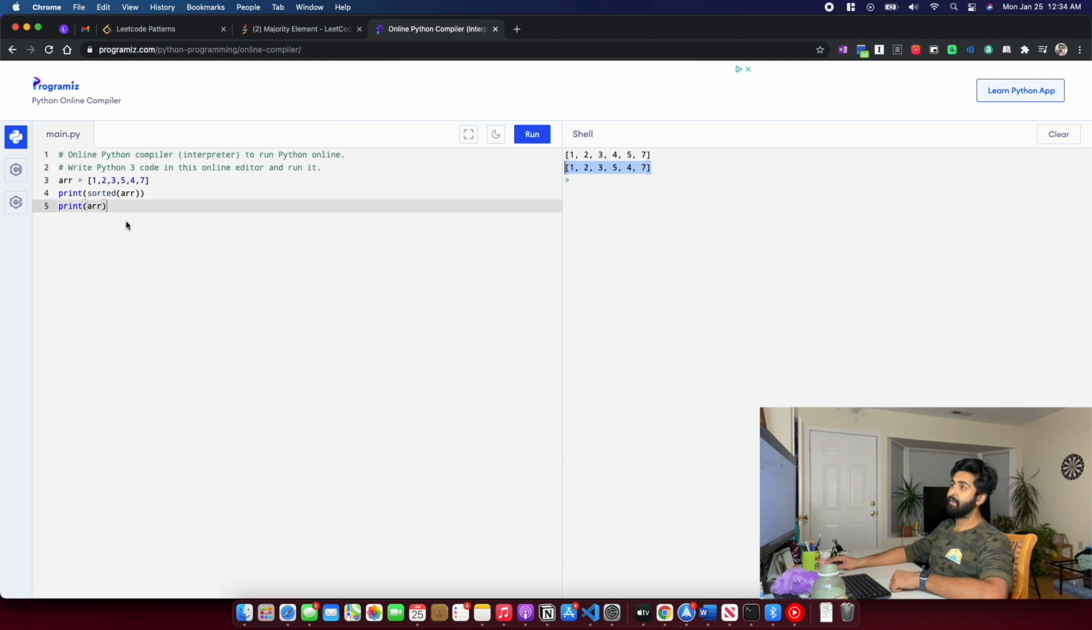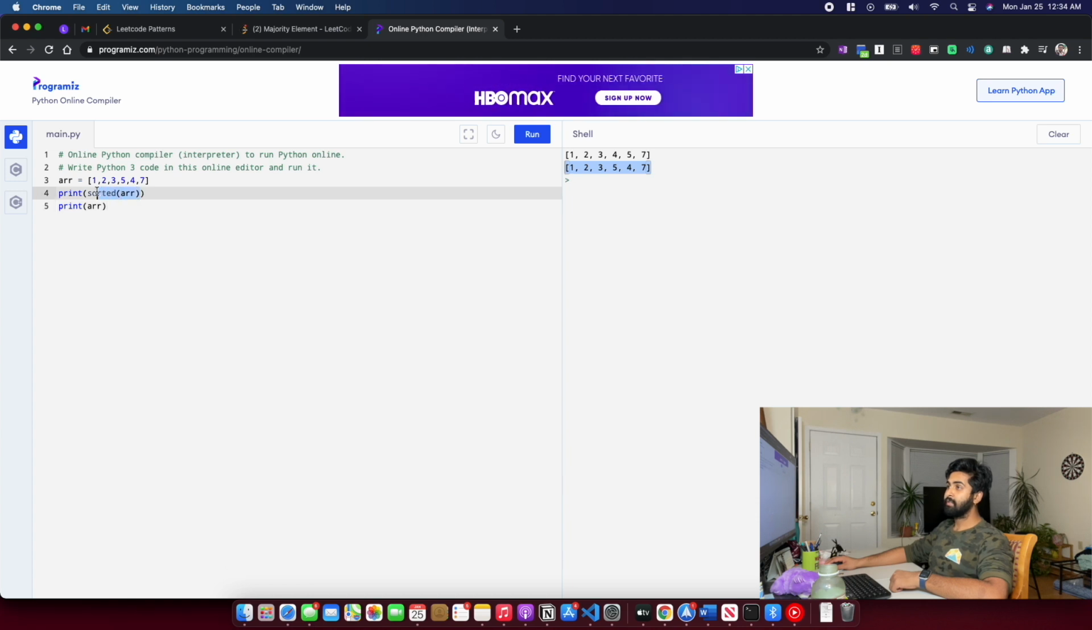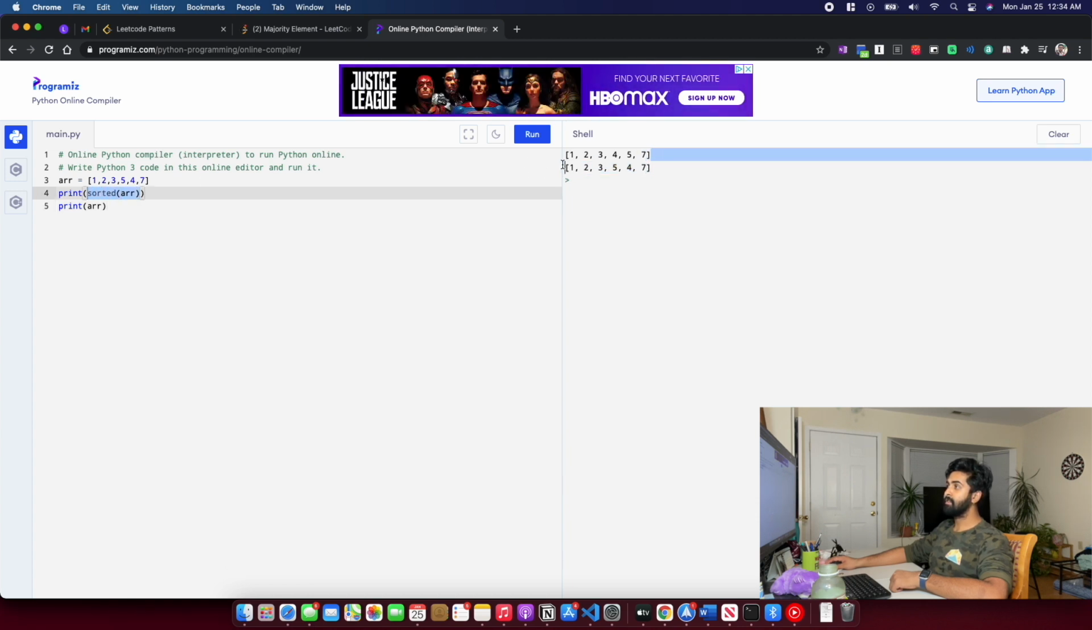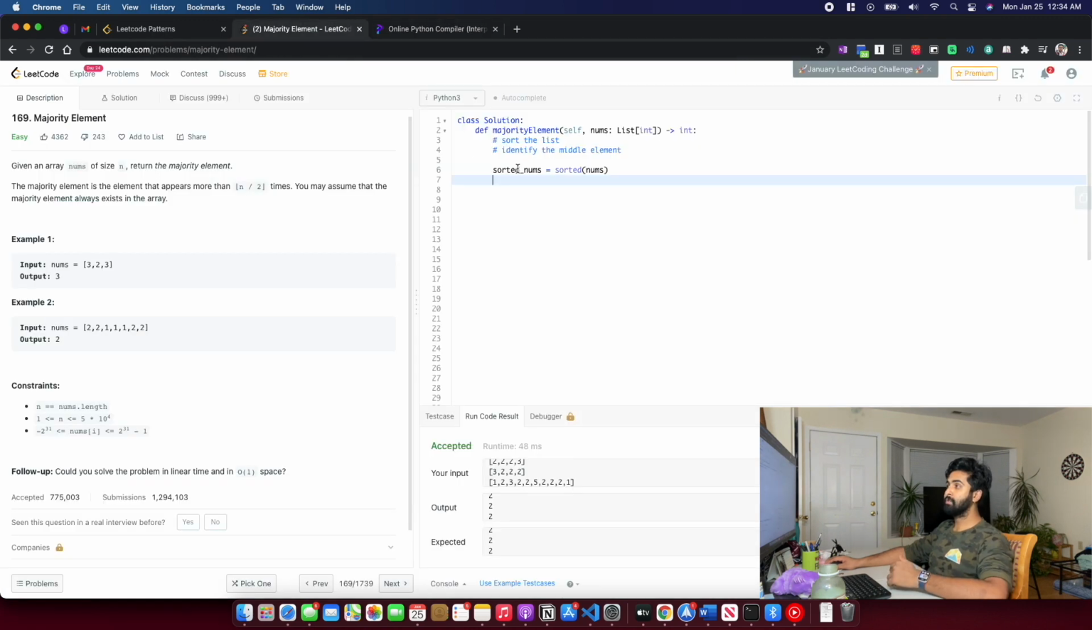It looks like it doesn't modify the existing list. So it would sort the array just like the way we see here, 1, 2, 3, 4, 5, 7, and it will return the sorted one. So it will return the sorted list. So this is a correct approach. And I would return